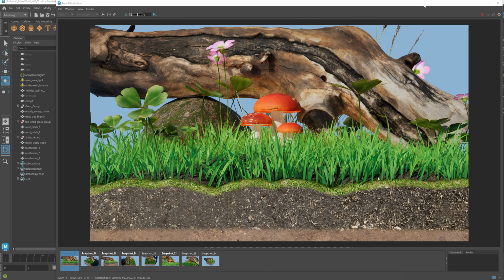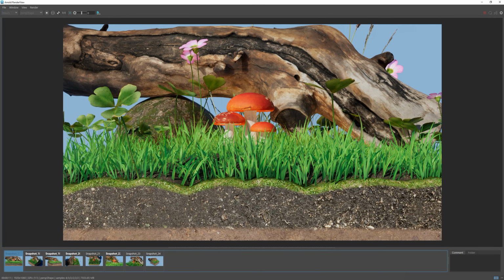Okay, so in this first video tutorial and first project, this is what we're going to be making. It's basically what we call a micro world. So here's the first shot. It's a close-up of a miniature environment where the main focus is on these mushrooms, and then you'll be modeling the mushrooms and then UV mapping it and also texture painting in Photoshop. I'll be going over that, and you'll also be